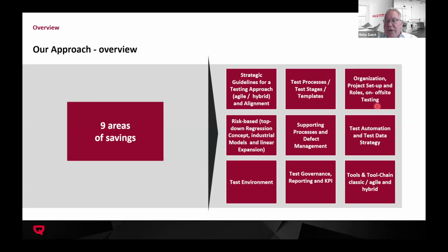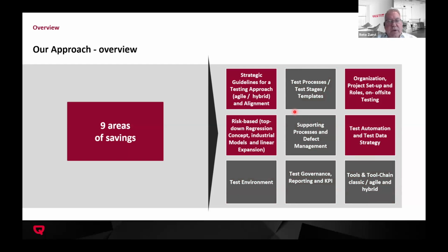We have organization, project setup, roles, on-site, off-site testing models, risk-based top-down regression concept, industrial models, linear expansion, all that which is around methodology is definitely one of the topics today. We have the supporting processes: defect management, test automation, environment, test governance, reporting KPI, tools, tool chain, classic, agile, or hybrid. Now, to go straightforward, there are 4 areas where you see cost savings, real cost savings, and